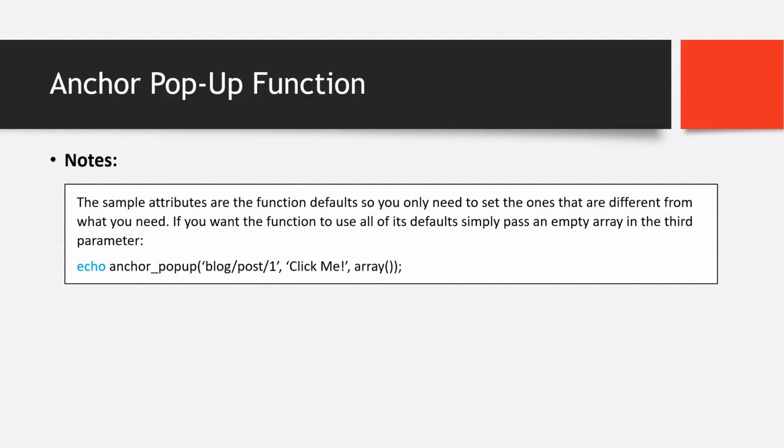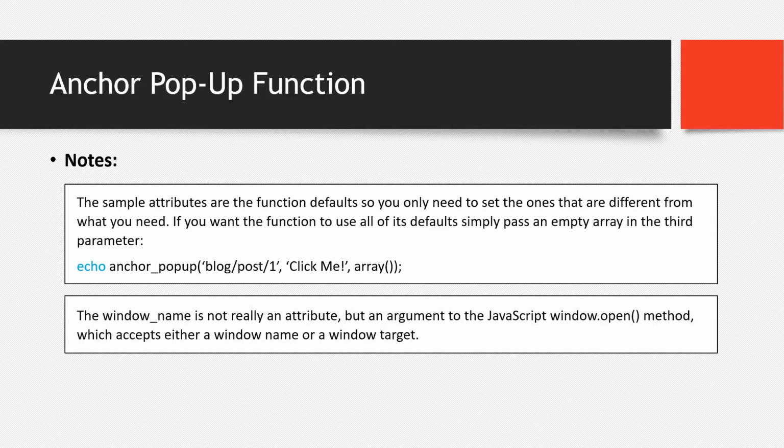Okay, note lang. The sample attributes are the function defaults, so you only need to set the ones that are different from what you need. If you want the function to use all of its defaults, simply pass an empty array in the third parameter. Okay, something like this. Then the window name is not really an attribute, but an argument to the JavaScript window.open